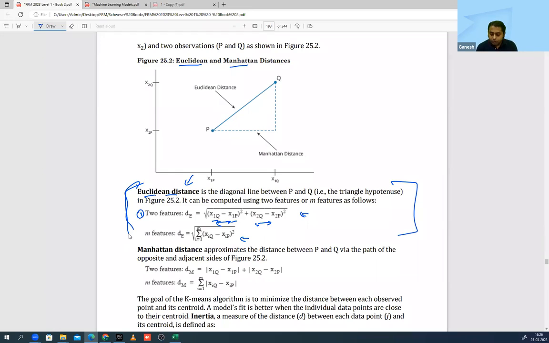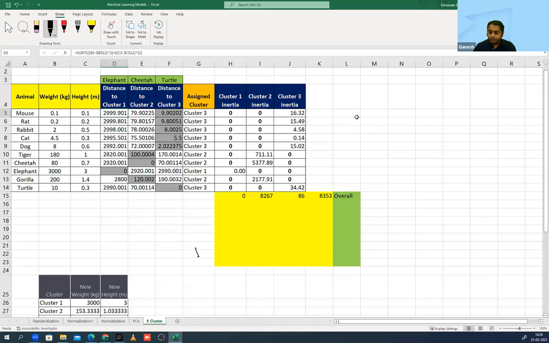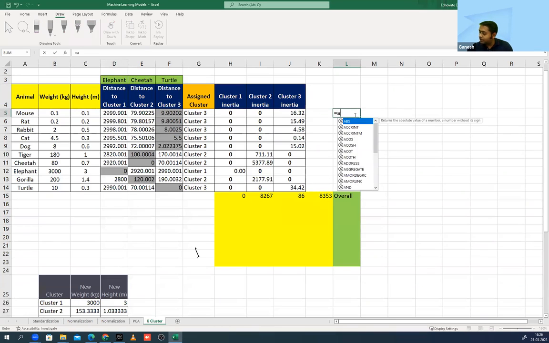So this second formula is nothing different. The example that we saw had 2 features, height and weight. It can be n features, so you'll have to follow the same process for all. Simple. This is the first approach. In the second approach, the calculation methodology changes slightly. Can you see the method? It is taking the absolute value of the difference. If you go to Excel, you just have to calculate the absolute value of the difference. So I'll take this, then I'll put minus.